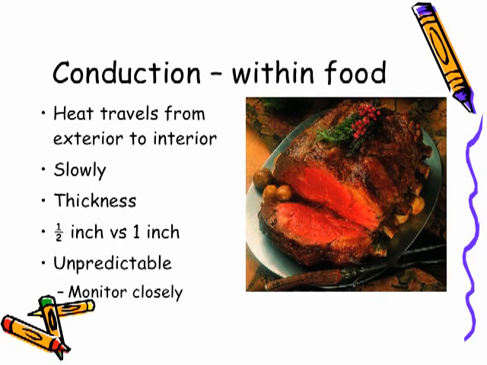And I put on here a picture of a prime rib roast. Great example. You put it in the oven at 350, 400 degrees. It starts cooking from the outside, and then over time and slowly, the heat conducts through the muscle of the roast. It is variable depending on the thickness of the meat, and because something is twice as thick doesn't necessarily mean that it's going to take just twice as long. When you're cooking or roasting meat, chicken, poultry, it's something that should be monitored with a thermometer